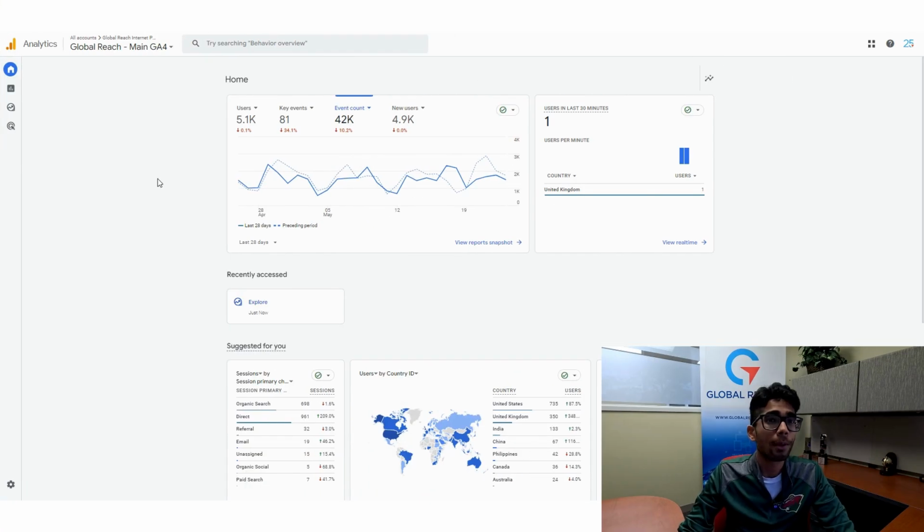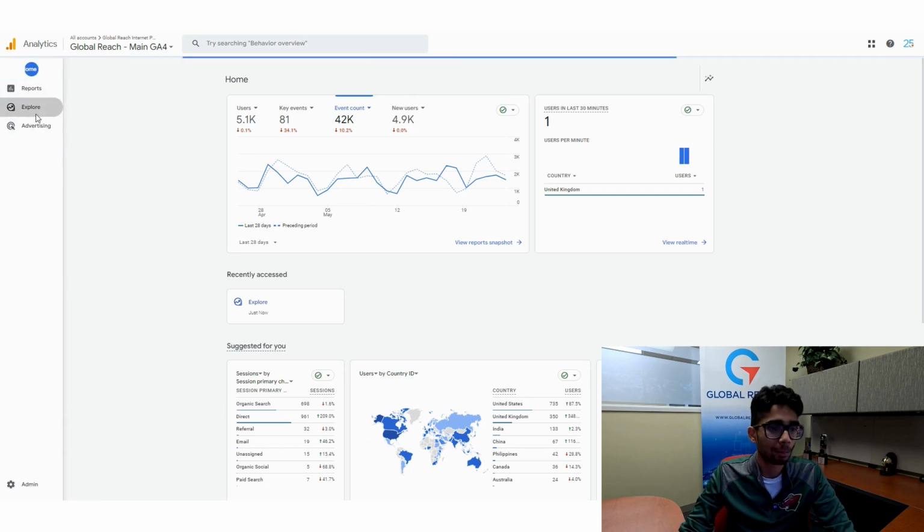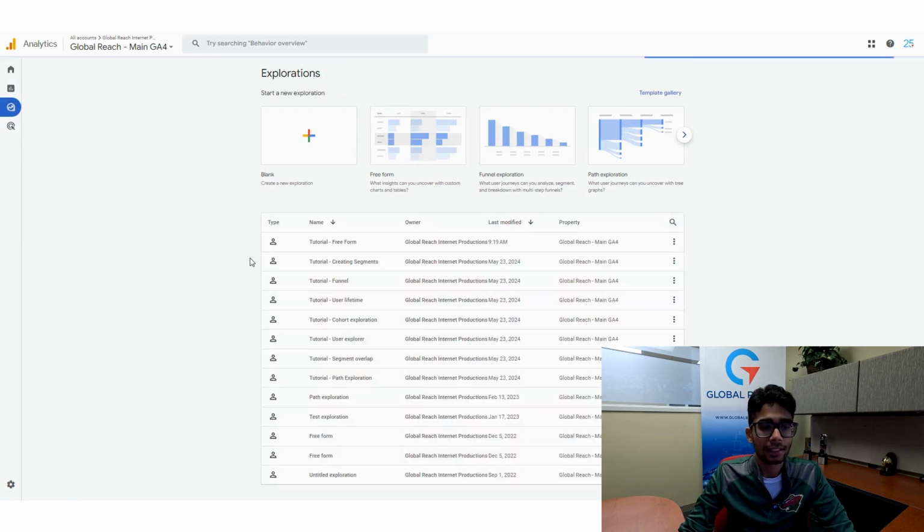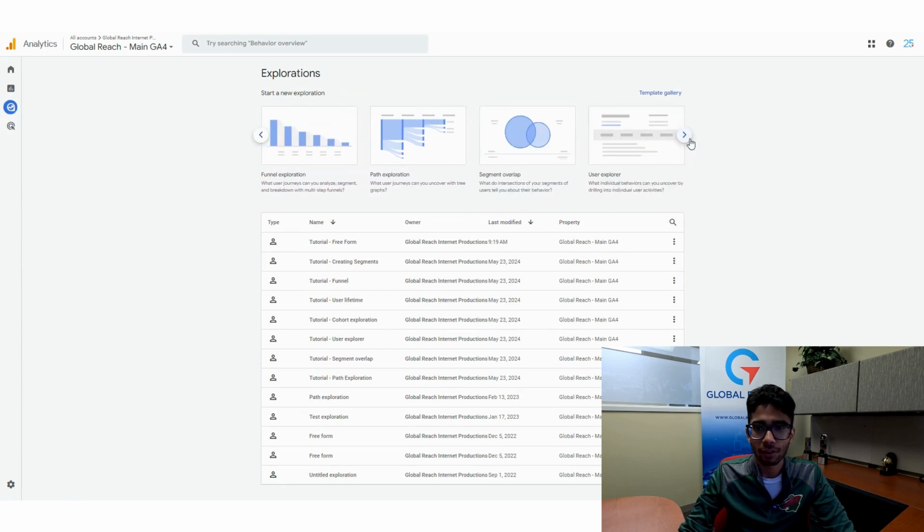So let's jump into the Google Analytics 4 interface and start talking about the specifics of these reports. Okay, so welcome to the homepage of Google Analytics 4. Your homepage should look roughly similar to this, bar a couple of changes if you are watching this in the future. But to find the custom report section, go to the left-hand navigation and click on Explore. Down here, you'll have a bunch of different items to look at. These pre-built reports are reports that Google have built for you, and these are also the 7 types of